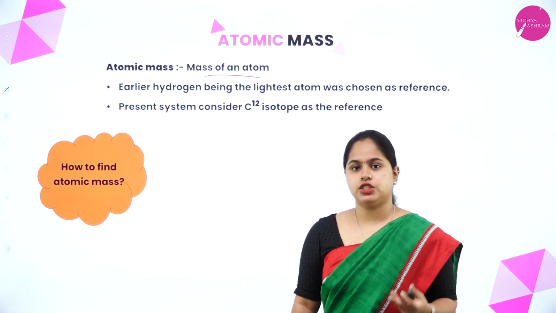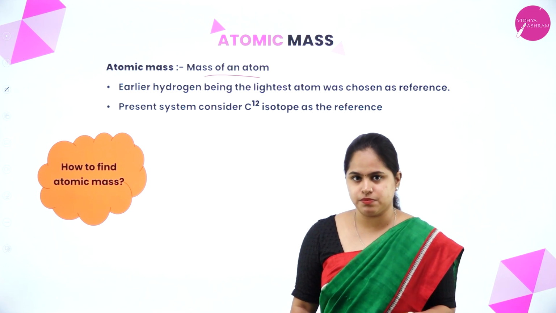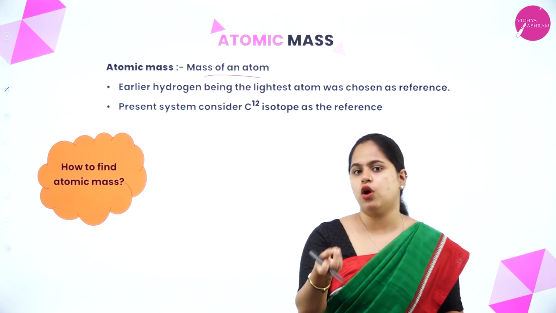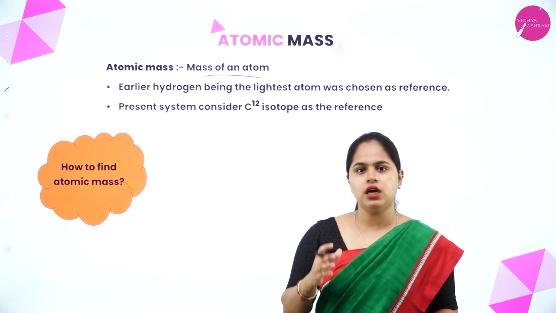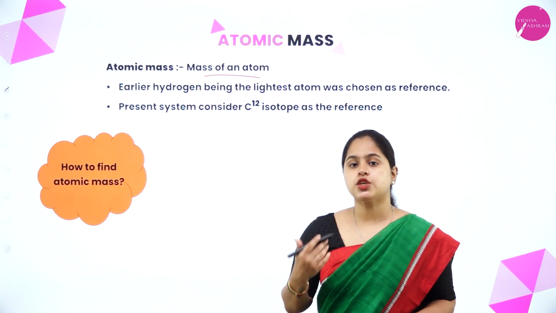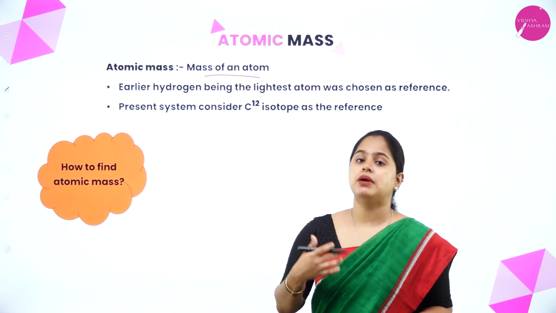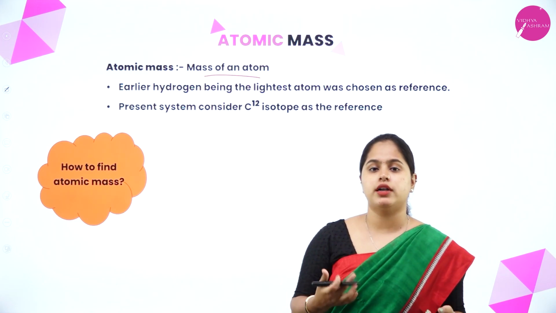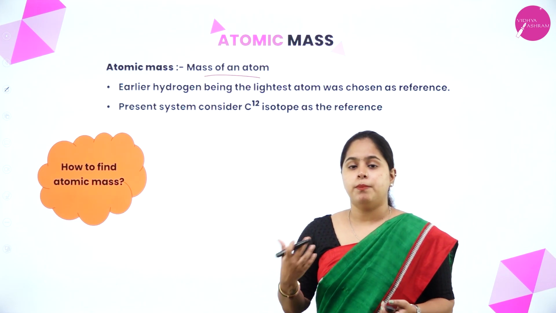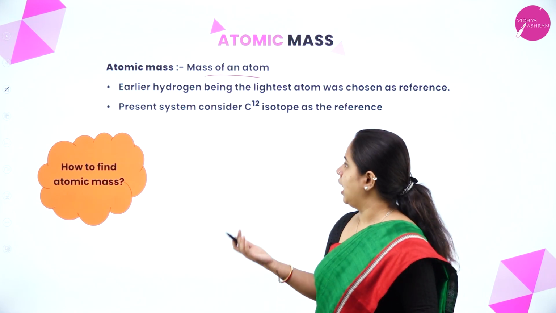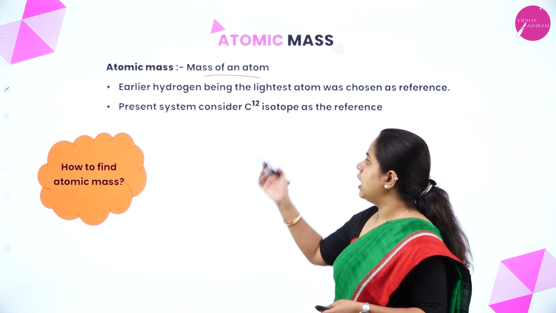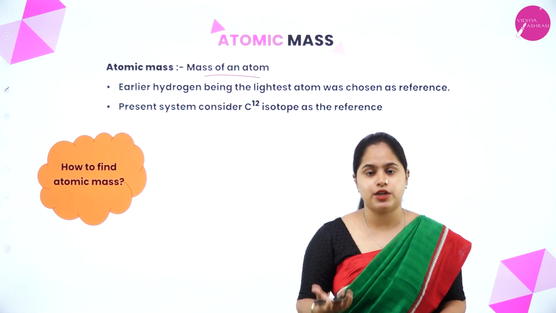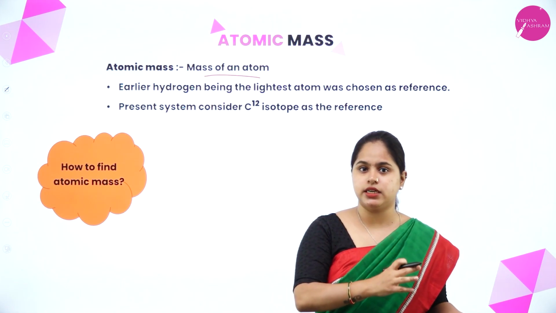You can imagine that matter is made up of atoms. So, just imagine how small the mass of an atom will be. It is difficult to measure the mass of the atom. Nowadays, you have methods in which you can measure the mass of an atom, which is called mass spectrometry. But earlier, you didn't have these methods, right? So, what did we do to calculate the atomic mass? It was related with something.